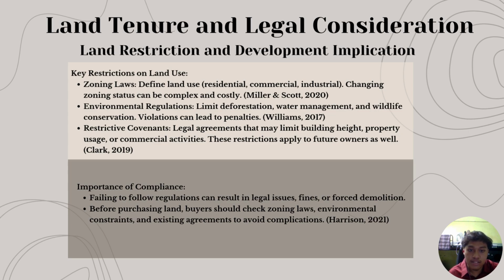Another factor is restrictive covenants. These are legal agreements that set limits on property use. They may prevent certain types of construction or business activity. These rules stay with the land, meaning future owners must also follow them. To avoid legal issues or unexpected costs, it is crucial to check zoning law, environmental restrictions, and any existing agreements